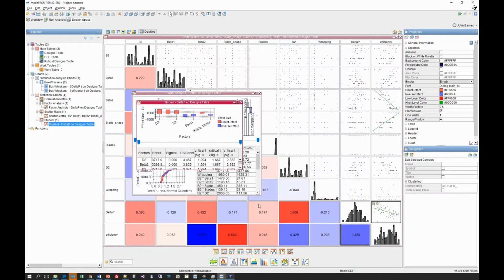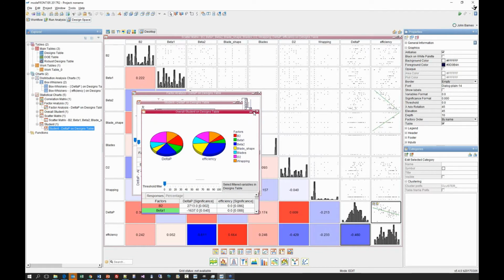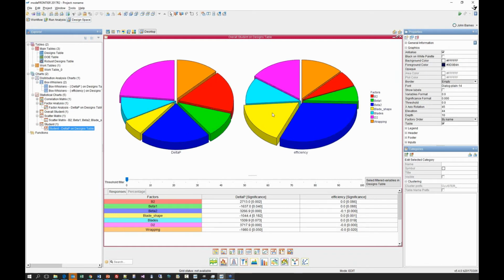Those same results can also be plotted in a different format. So if we wanted to look at the student charts, but also in terms of a pie chart, the biggest effect is beta 2, which is this one, and we can see which ones make up the pie chart.